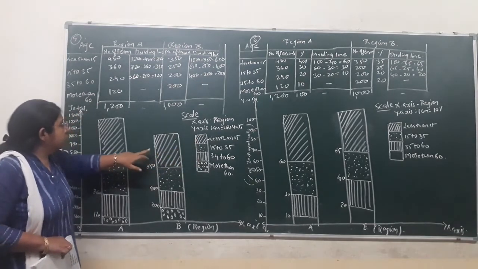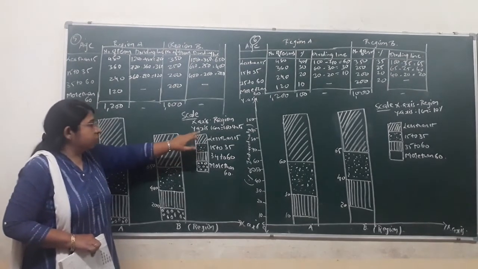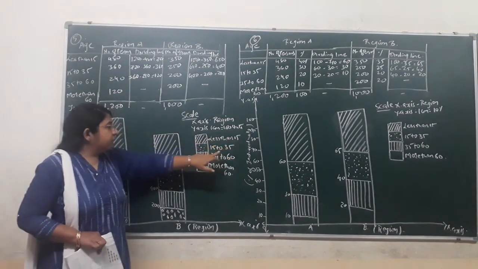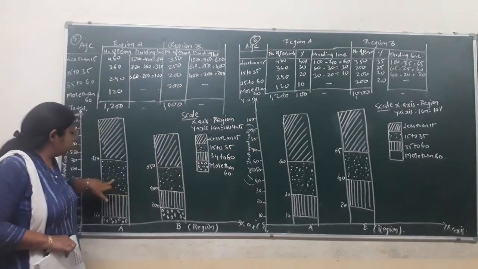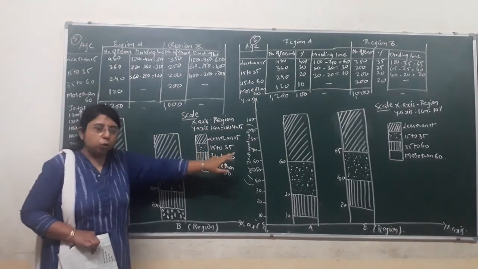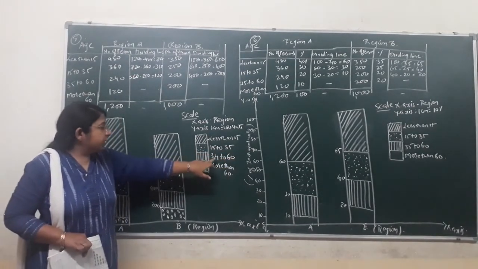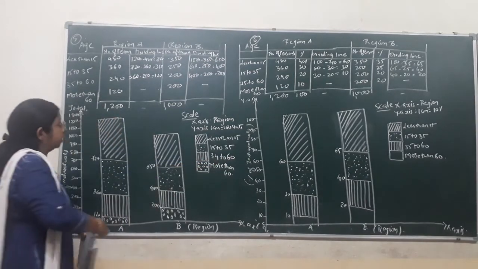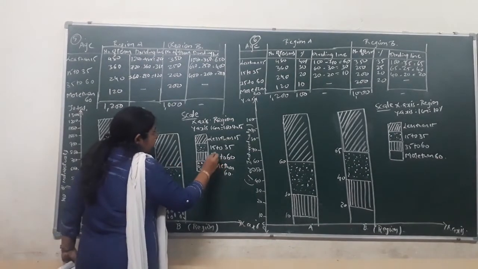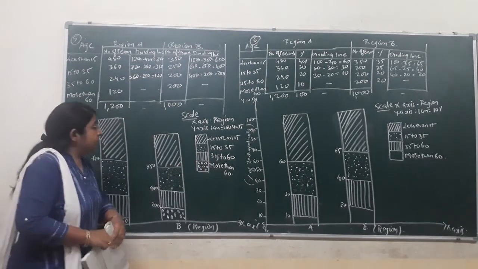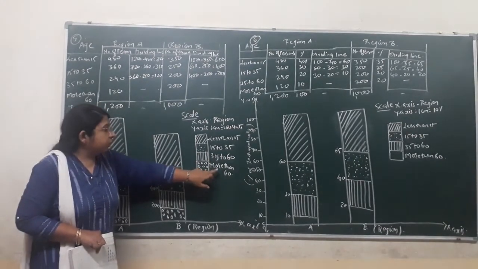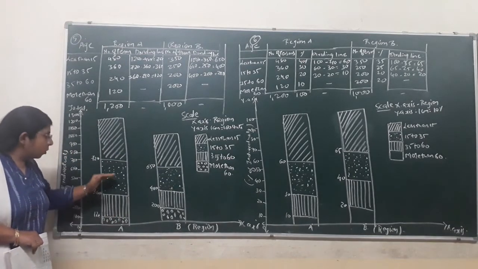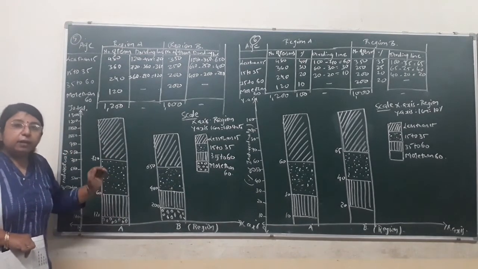Okay, so here you can see this first diagonal line that I have represented, that is less than 15. Then afterwards the dot that I have represented, that is 15 to 35 age group. Then afterwards the vertical lines, that is representing 35 to 60 age group, and the last one, that is circles that I have drawn, that is representing more than 60. So just by looking at the symbols or patterns, you can identify that it is the area